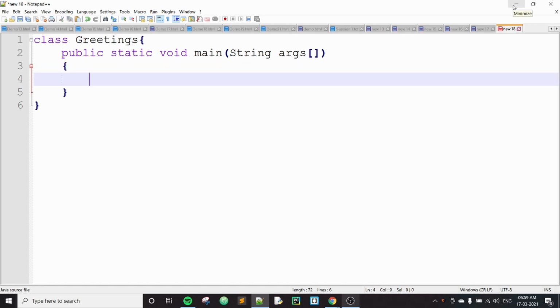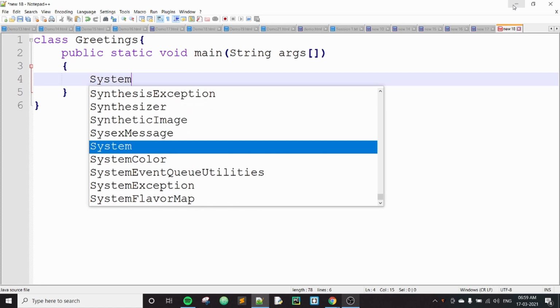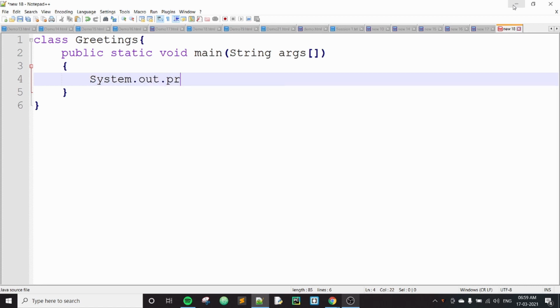If you want to print something onto your output screen, you have to make use of a statement called System.out.println, then open a parenthesis and close it. Then open a double quotation and close it. Inside this double quotation, whatever content you provide will be printed onto your output screen as such.